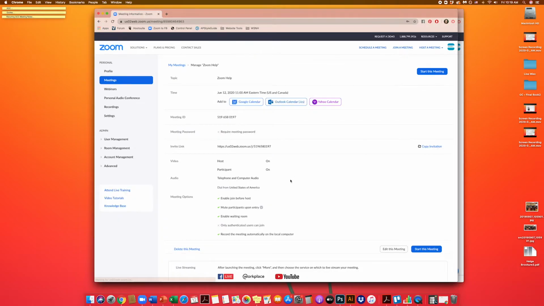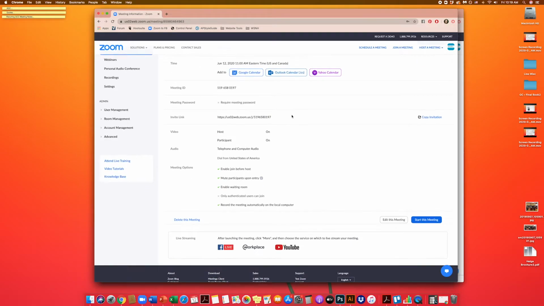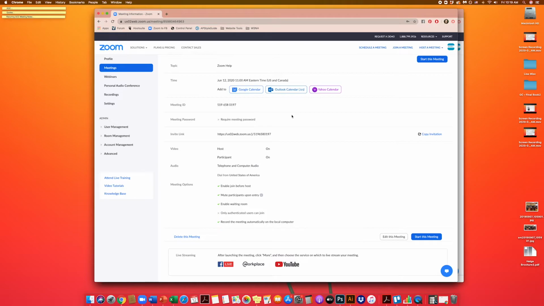Okay, we're just going to hit save. And so now you have the option to give this information to the participants. I think the easiest way is to just copy this link. This is the most important part because this is what the participants are going to use to get into the meeting. You can either choose to send it directly to their calendar or copy the invitation,